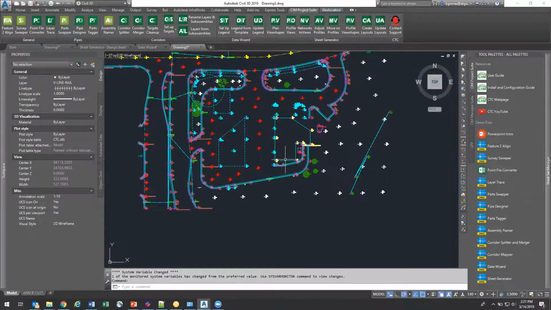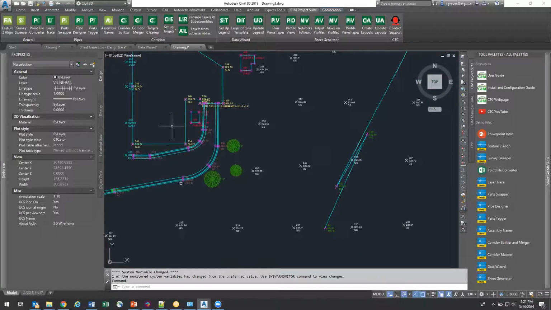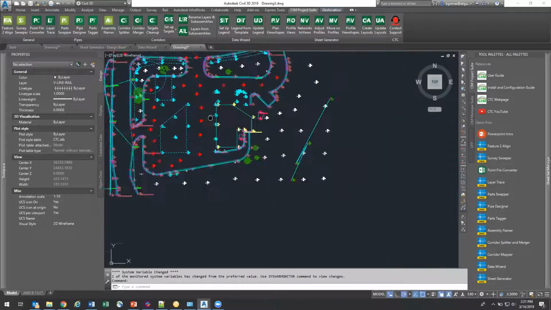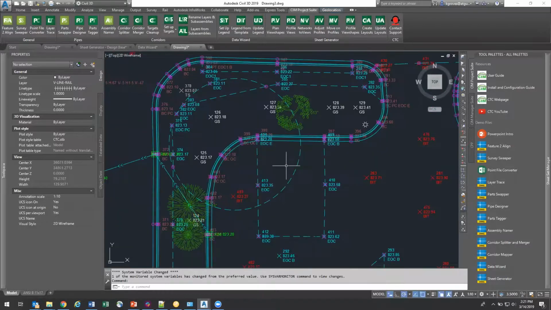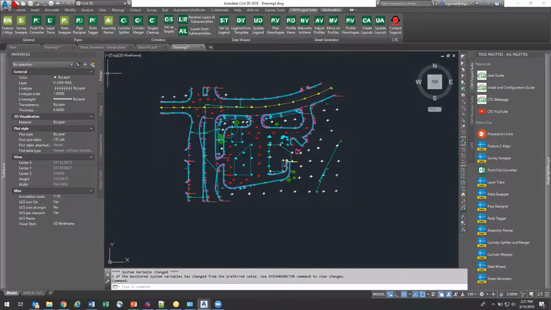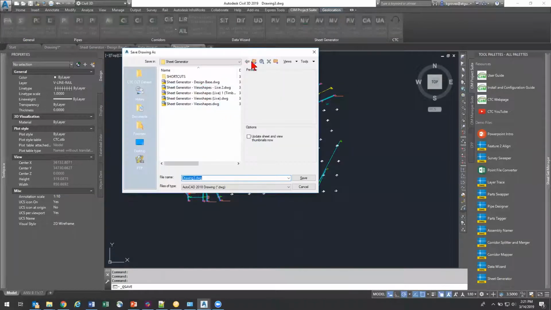And I can see that this came in pretty all right. I've got a lot of layer assignment. I've got everything else. Some survey figures that need a little work, but hey, that's what survey editing is for. If I wanted to save this,